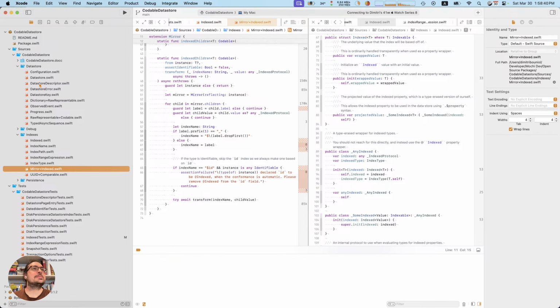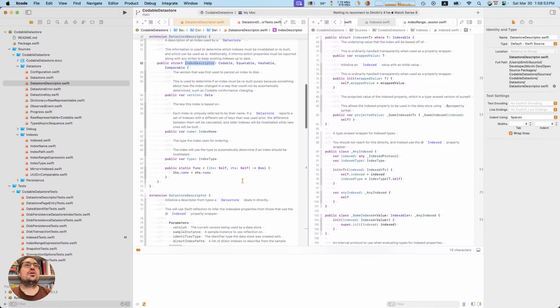Okay, this is where it gets interesting. The DataStore descriptor has a bunch of index descriptors, and we need to build an index descriptor from the thing that got passed in. Okay, we have the version, we have the name, and we somehow have the type. How do we get the type? Index descriptor.